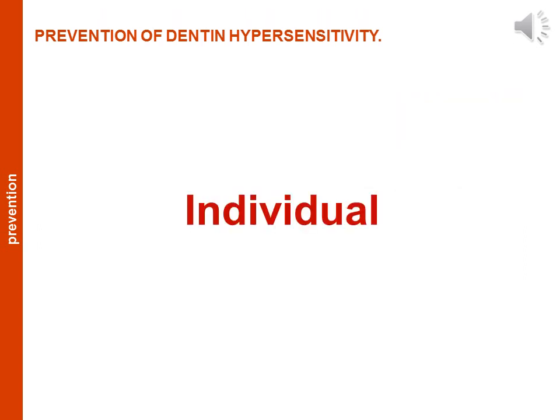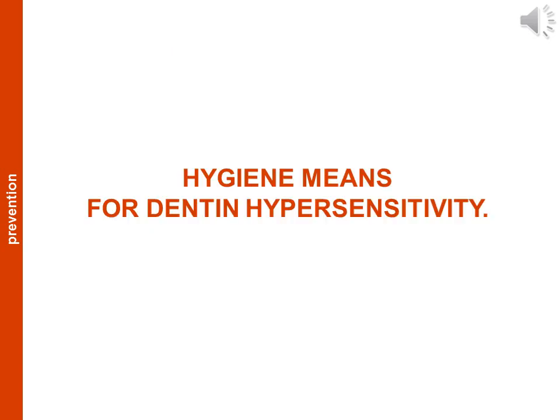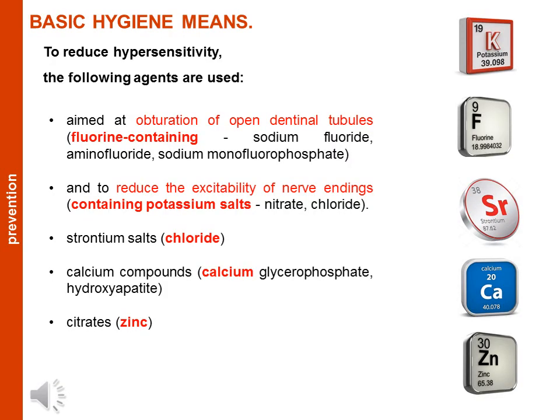Individual prevention of dental hypersensitivity. Individual prevention of dentin hypersensitivity consists of the choice of hygiene products, correction of cleaning, and use of complementary oral hygiene products. Hygiene means for dentin hypersensitivity. As basic hygiene means to reduce hypersensitivity, the following agents are used, aimed at obturation of open dental tubules,